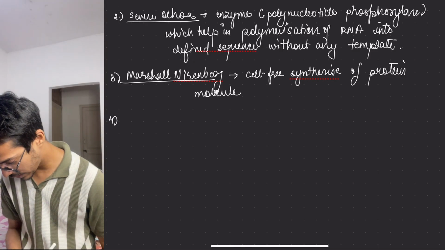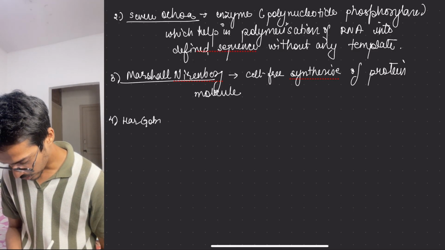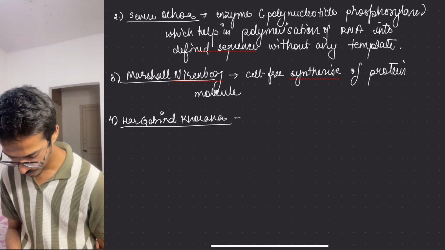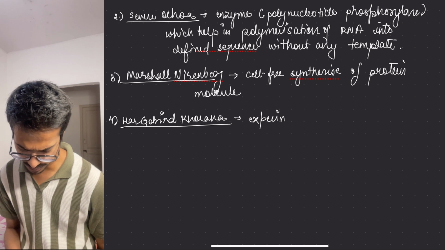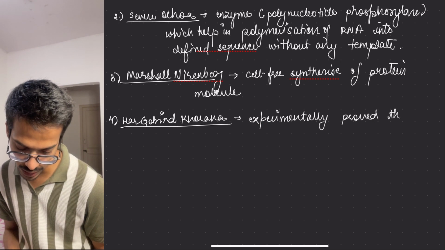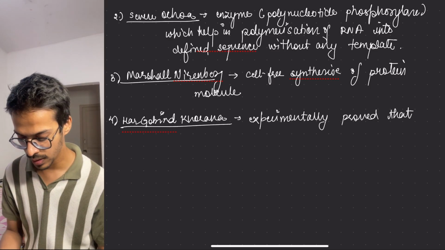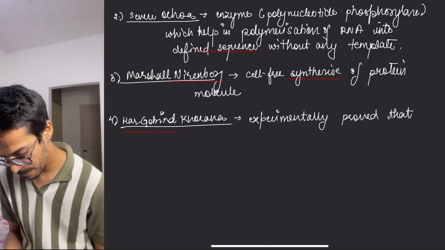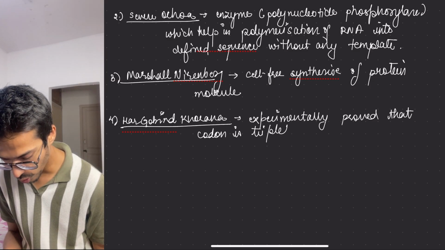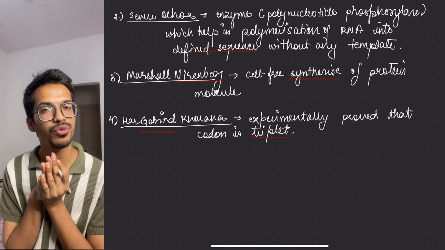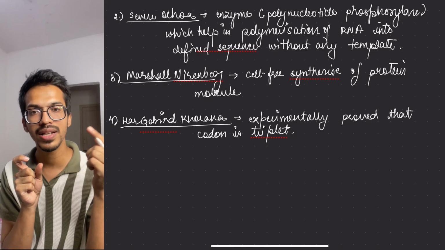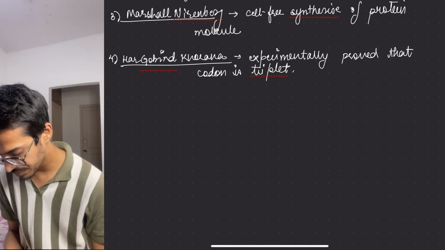So fourth is Hargobind Khurana. He experimentally proved that the codon is a triplet. So if the codon is a triplet, how will we come to know that? We will remember the fact that three will make one amino acid, and the next three will make the next amino acid. Let's see that. So what he did: